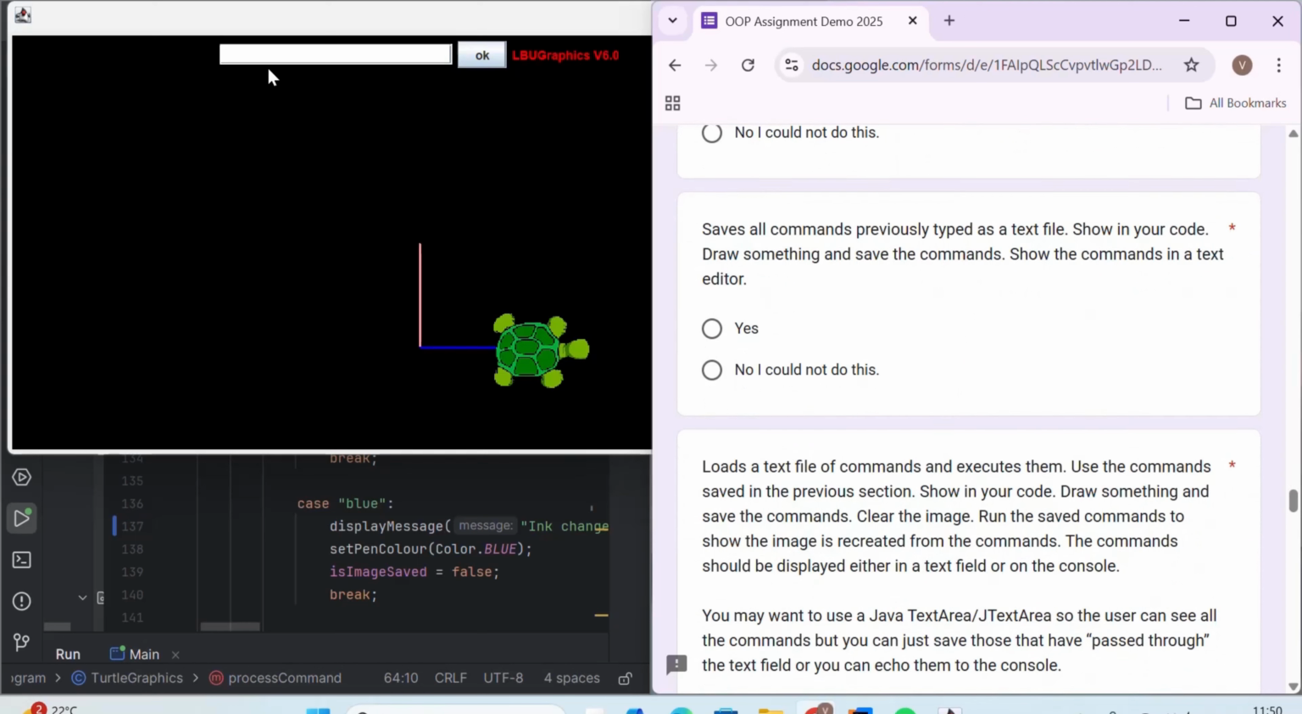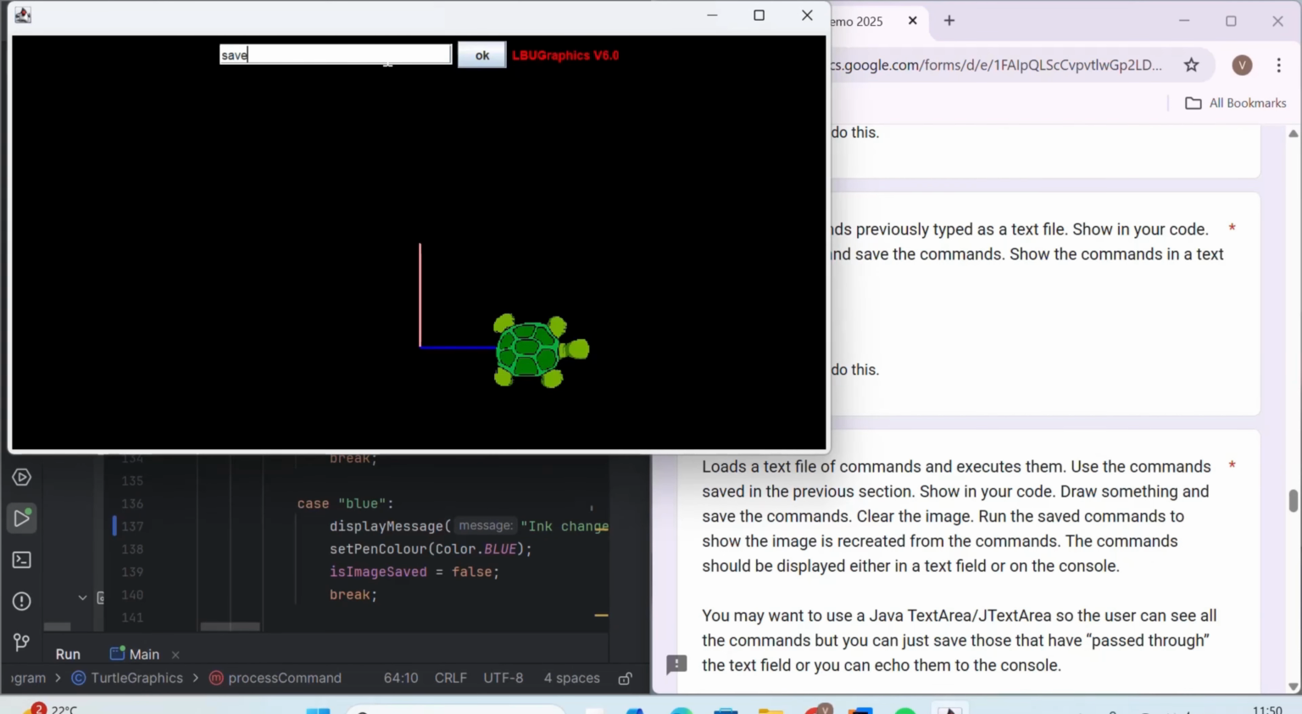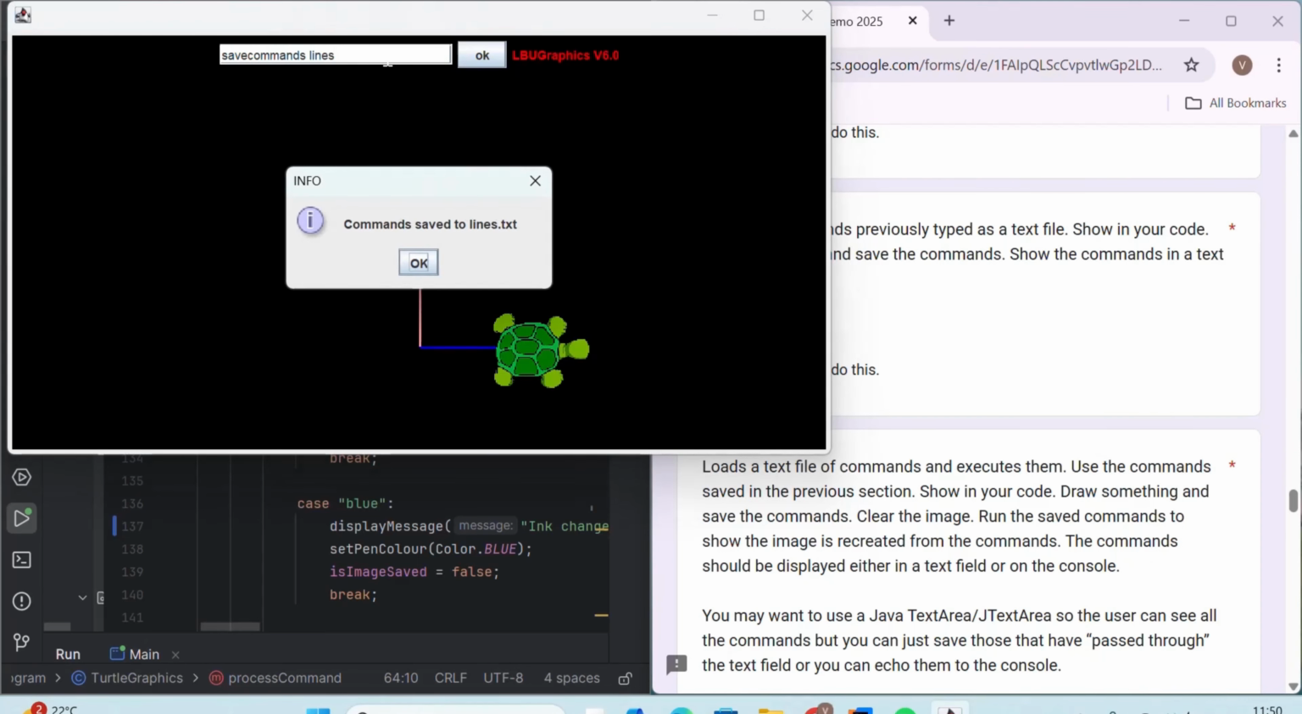So yeah, as I've drawn these two lines and changed the inks, I'm now going to save my commands. So save command, and then I'm going to name this file, let's say lines, and then the pop-up message comes that command saved to lines.txt, and then